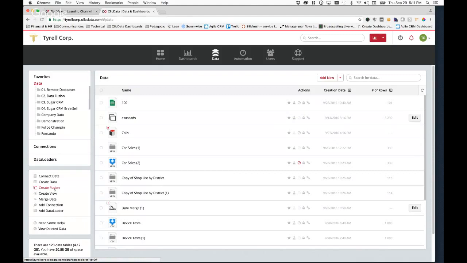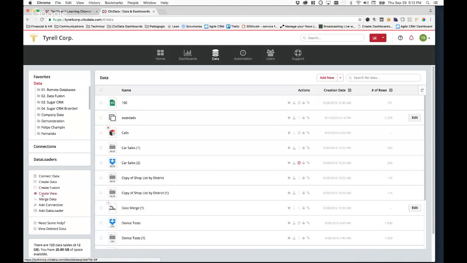You now have, let's say, 50 data sets, all from the different regions or the different customers, and you'd like to create a single view of that. You can create a fusion. It actually brings all that data into one data set.